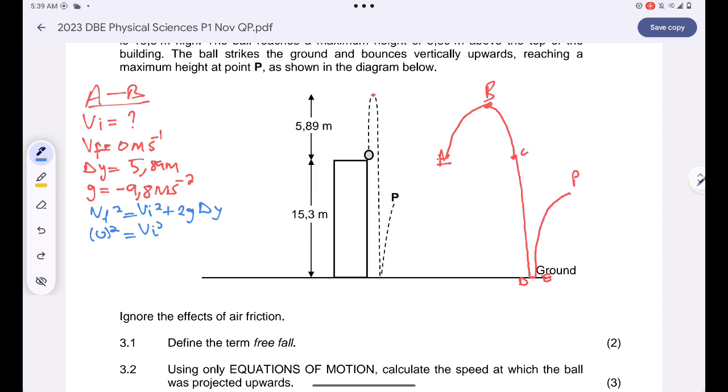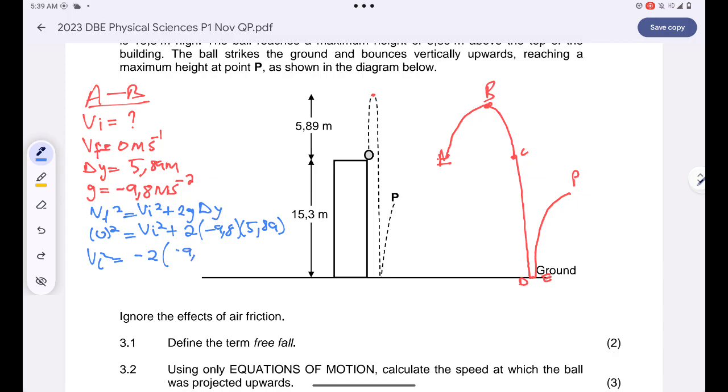I don't know the initial velocity. This is negative 9.8 and I have positive 5.89. Whenever I take this to the other side, I'll have vi squared equal to negative 2 multiplied by negative